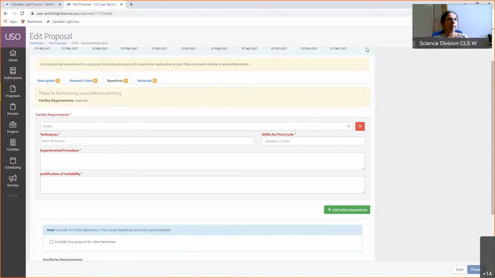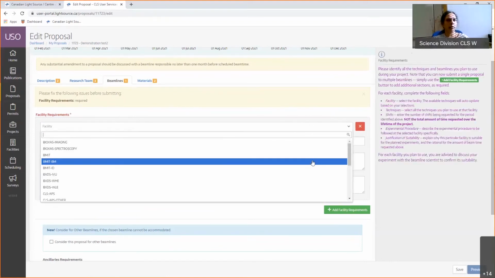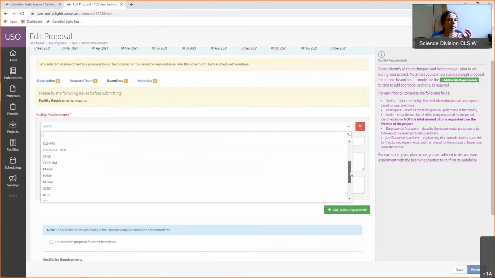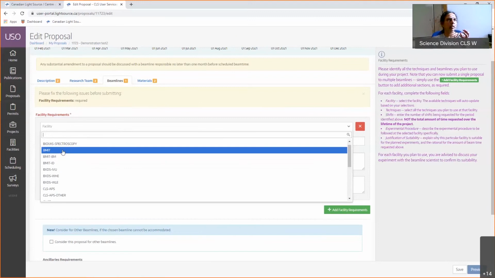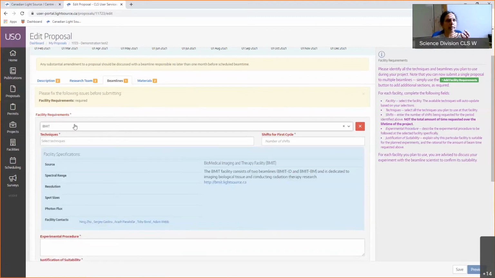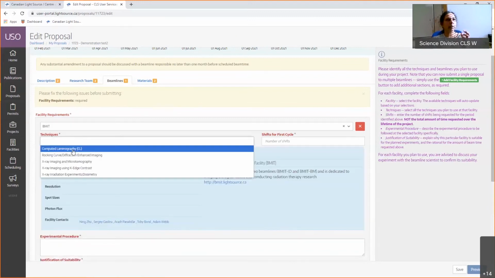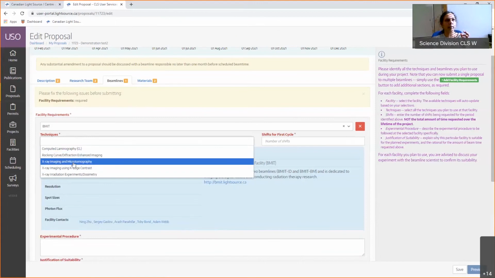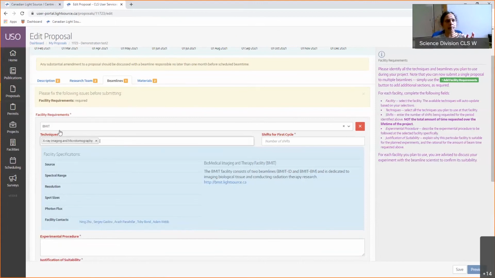For example, I know a beamline I want to use. I'm going to do 3D computer tomography. So it's a biomedical and imaging beamline. So I can go and select the beamline myself. And then I know I want to do computer microtomography. So I can select the technique, okay? If you know, you can select the technique and their contact names are here as well. So if you want to get more information, specifically, I will show you how to calculate the shifts, okay?